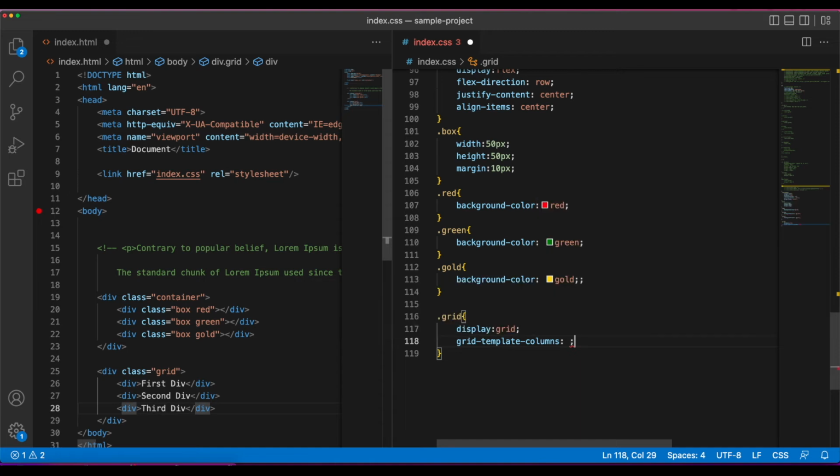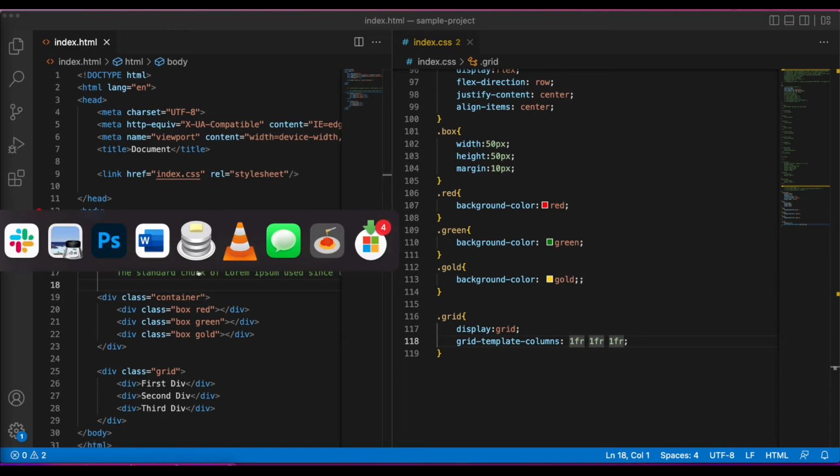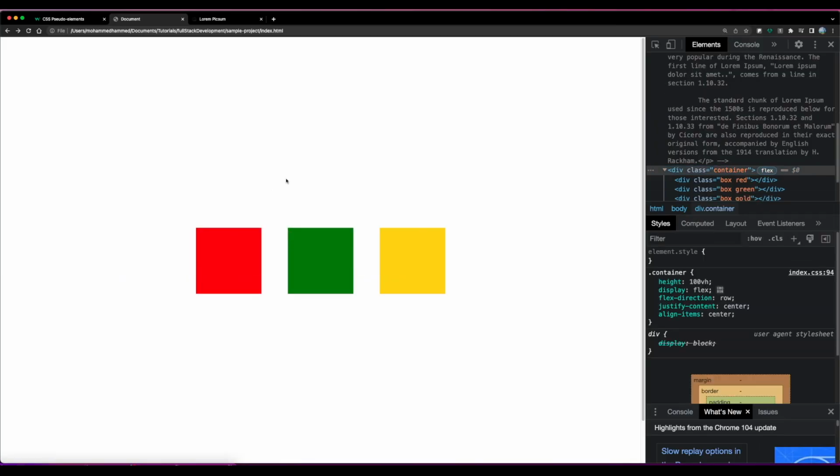So to define that, we'll use something like grid template columns, and we'll give it a 1FR, which stands for 1 fraction, 1 fraction, 1 fraction. So the first div will have 1 fraction of the space, second div 1 fraction of the space, third div or third row 1 fraction of the space. If we save both of these files and refresh,